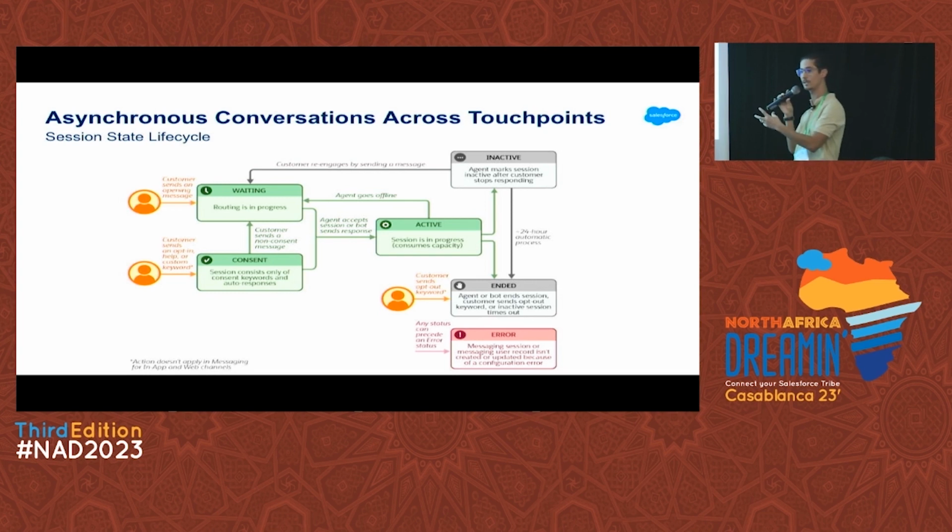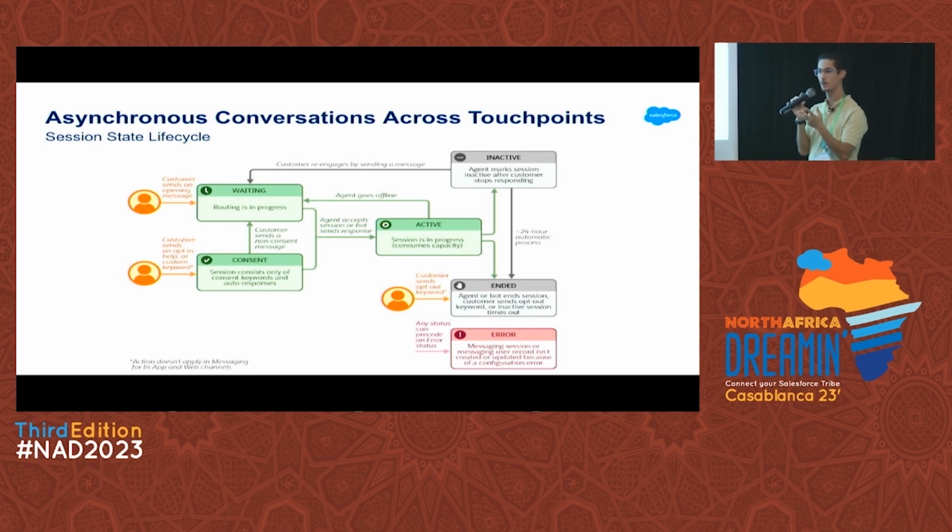Either he is a customer that has been identified, or it is a guest customer that we couldn't identify. And then there is the conversation entry. Every time you type something, it is persisted into the database. Now, when the messaging session is started, which means that the customer clicks on the button, the session goes